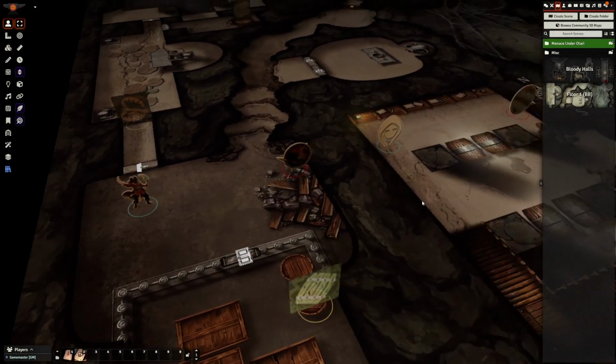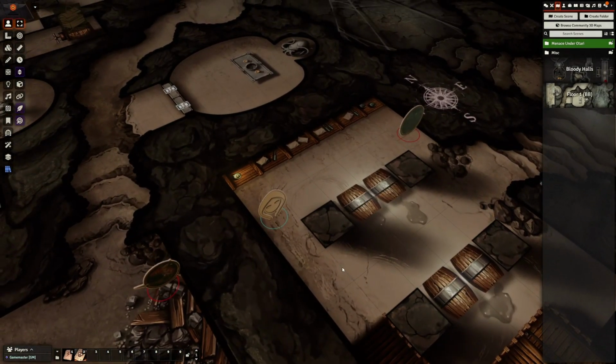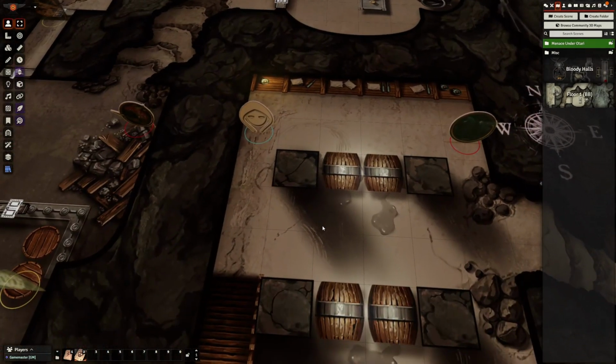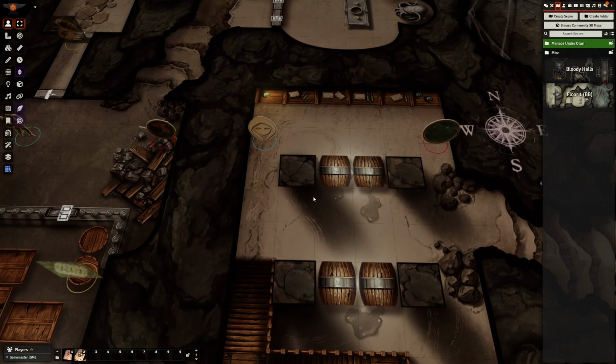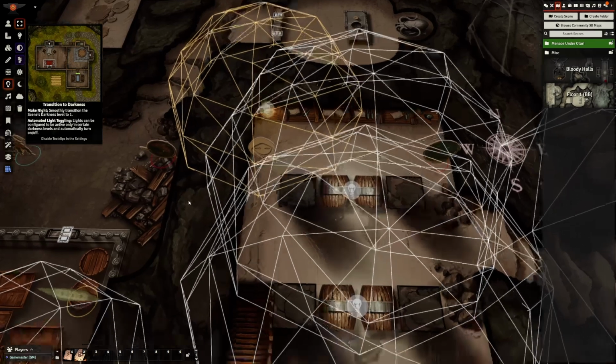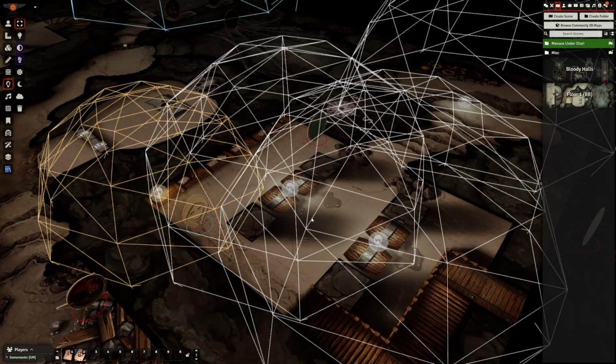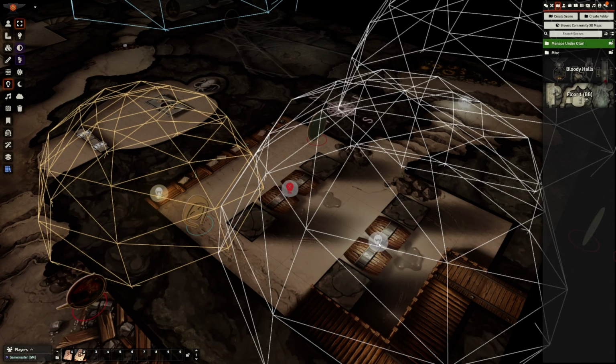Though, speaking of lighting, I should probably go into a bit more detail with the light in a scene. Like if we look over here, this room's a little bit more complex, so it's easier to visualize. So 2D lights will interact with the 3D scene as you'd expect. For example, if I go into the lighting layer, where we'll see the spheres for these lights instead of the circles, and if we right click to turn these two off,